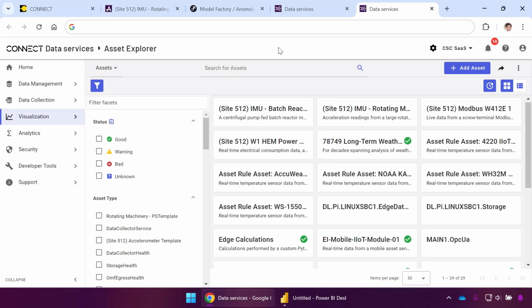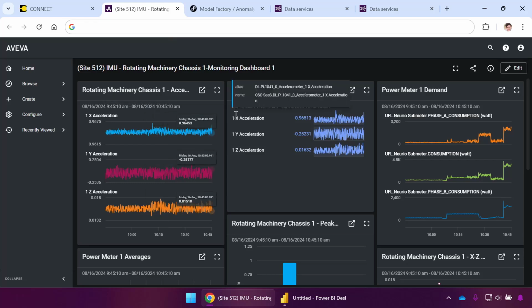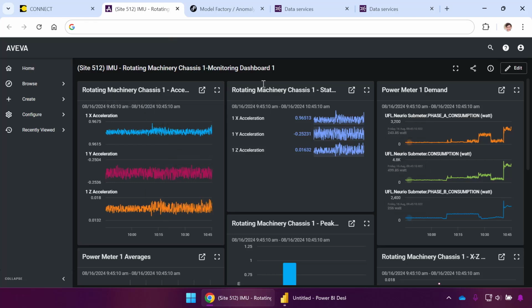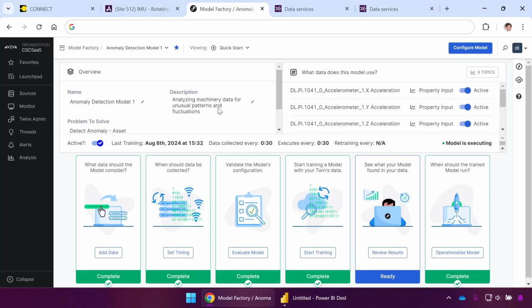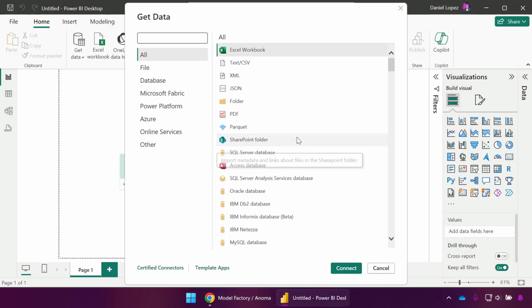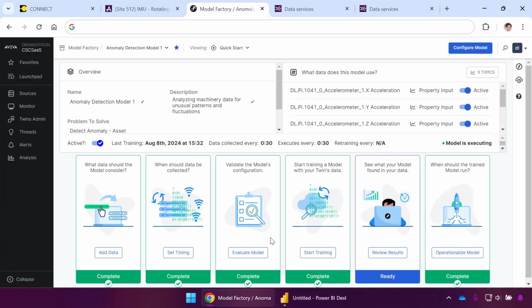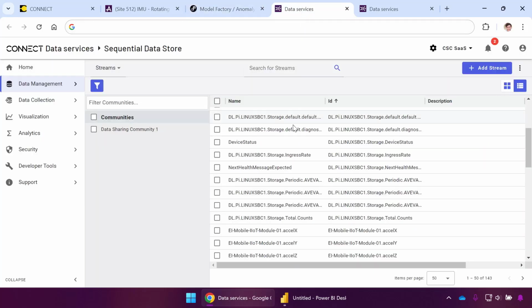I want to show you how you can get your data analytics ready using Connect Data Services assets. Now, this is going to drastically facilitate creating live dashboards and visualization services, or machine learning models and modeling and analytics, or even analyzing this data in Power BI. So to go ahead and get started, we're going to start with a case where we have streams in Connect